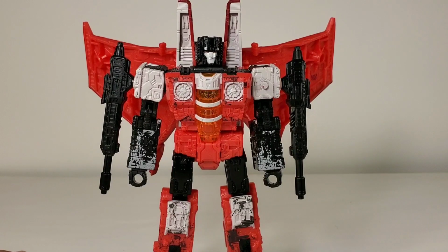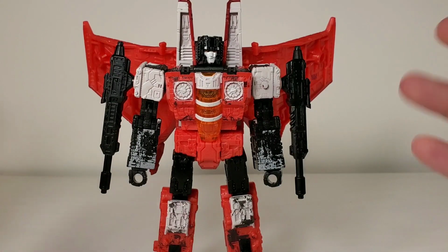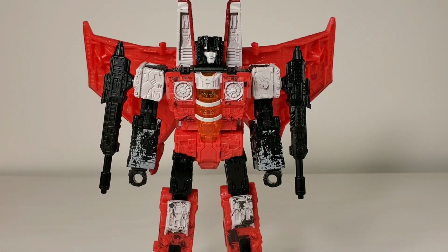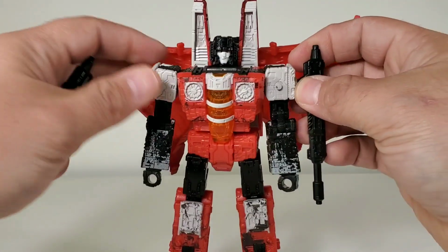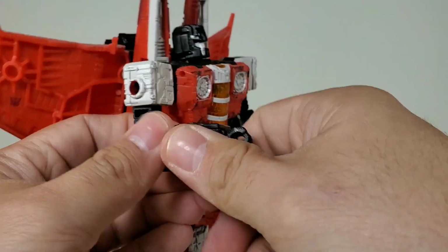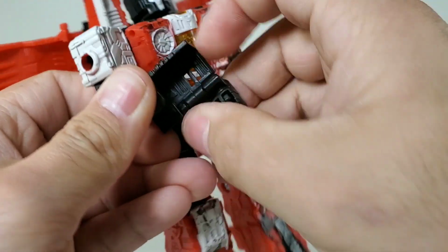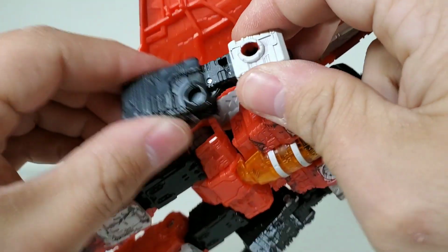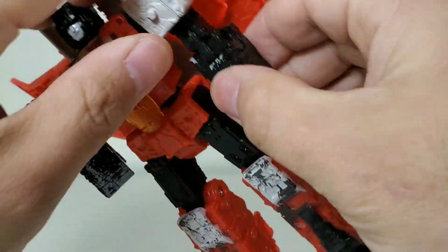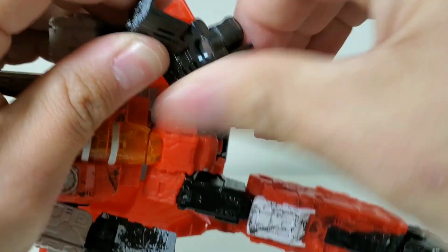So transforming Red Wing here is just like transforming any other Seeker. I'll go ahead and show it in video, because if I don't, somebody will not like that. Now, I don't want to upset people. I want to please people. I want to be the man of the people. So we'll take the guns out. Again, we'll open up the forearm, fold the hand in, fold that back up. Then you will collapse this down. Do the same on the other side. Open, fold in,